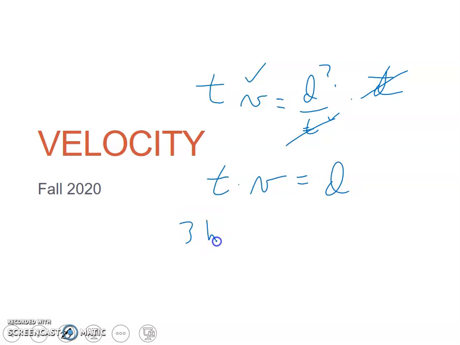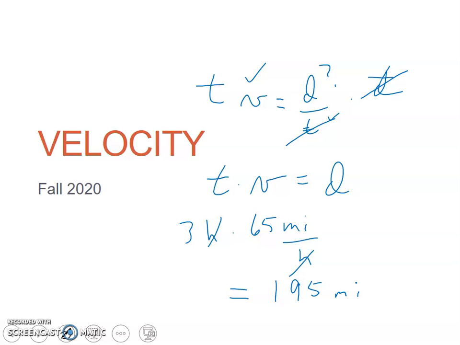So 3 hours times, what did I say, 65 miles per hour? Or did I say 60? It doesn't matter. Let's say it's 65. And so the hours go away, and you have 3 times 65 is 195 miles. Okay? So that's great. Except what this assumes is that you're going at a steady speed of 65 miles per